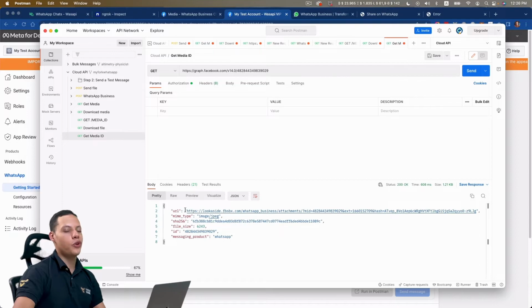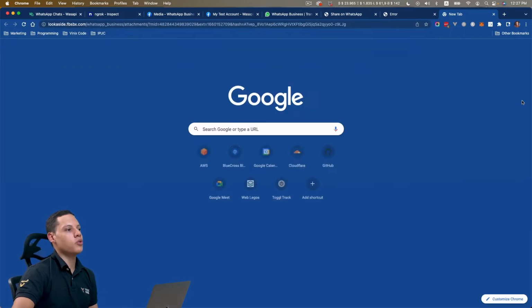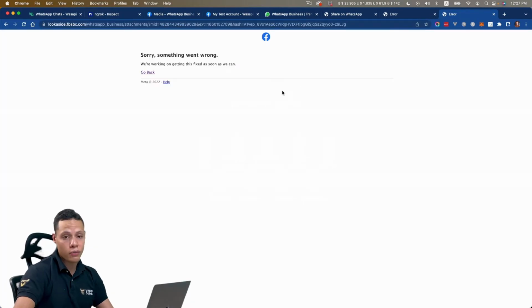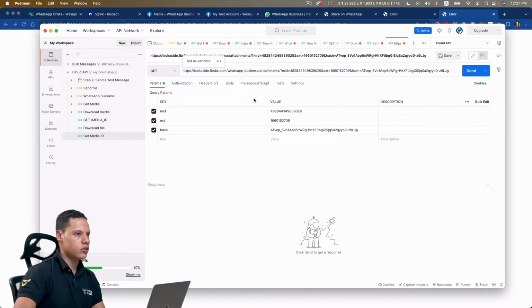And if you see here, you see that it gives us a URL. And I know that this is another point of confusion, and at least it certainly was for me. I remember that the first time that I saw this URL, I simply grabbed it, and I thought that if I, for example, try to open this URL in my browser, I was going to be able to download this file. But the truth is that it's not as simple as that, because with this file, you actually have to use this URL,